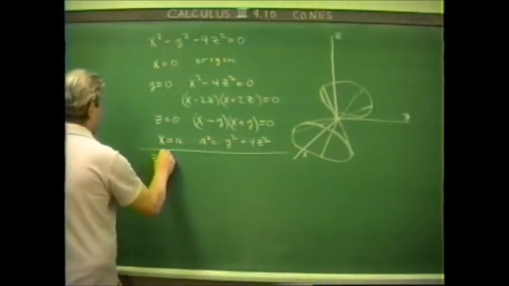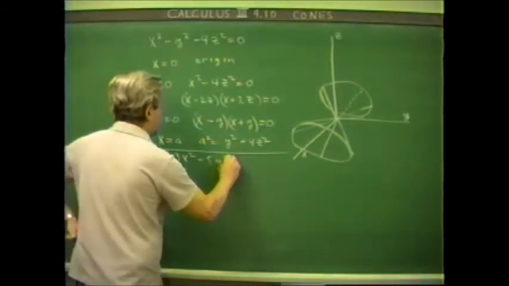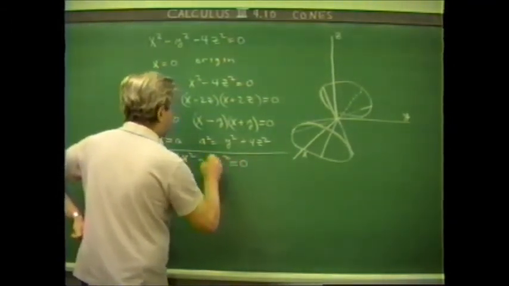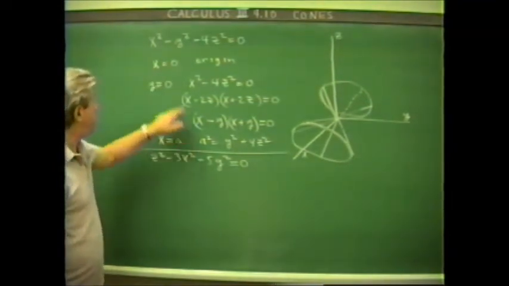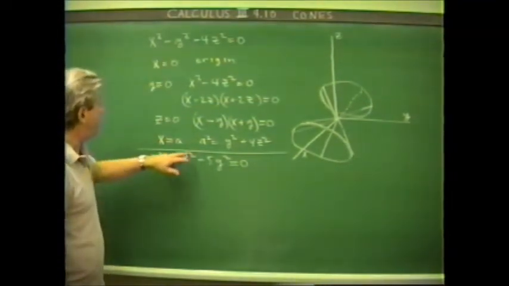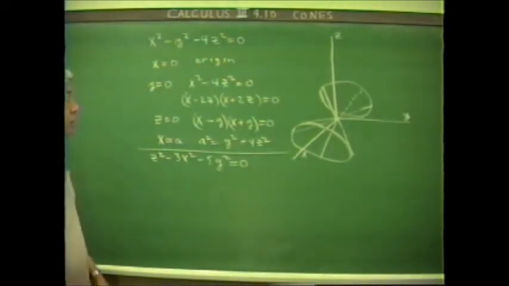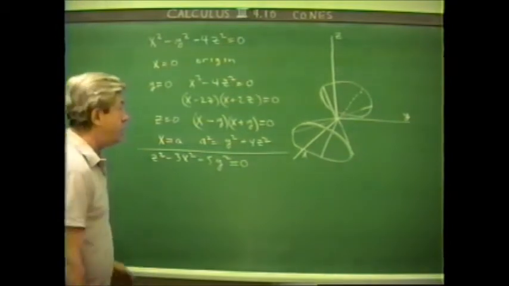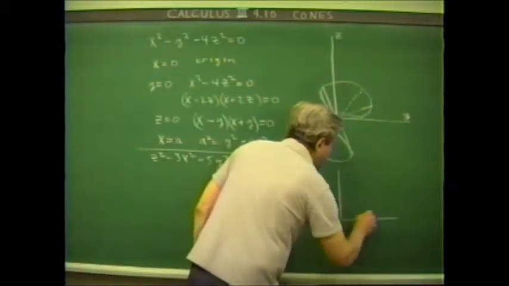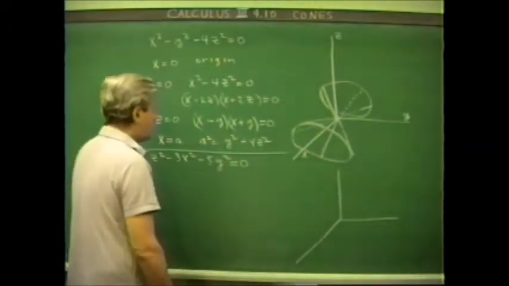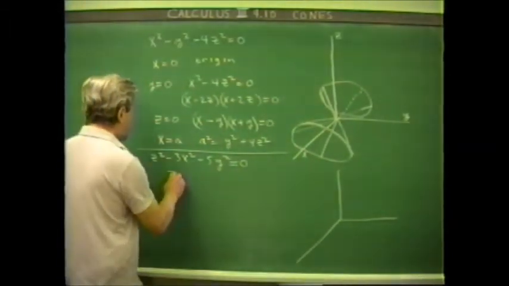z squared, say, minus 3x squared minus 5y squared is equal to 0. Now, you can sort of see the form here. You've got two negatives and a positive, or vice versa, and a 0 for a constant term. However, it's not really worthwhile to memorize all these various forms. Your best bet is to just take a look at what you're dealing with and draw the particular picture by getting at the traces. So, in particular here, when we have z equals 0,